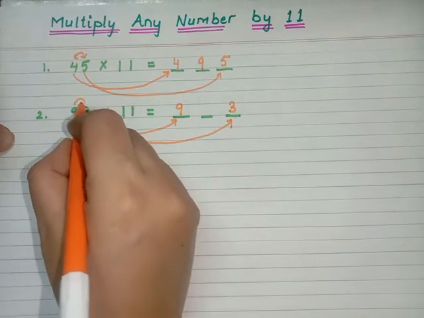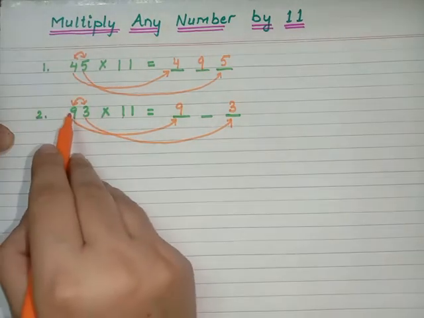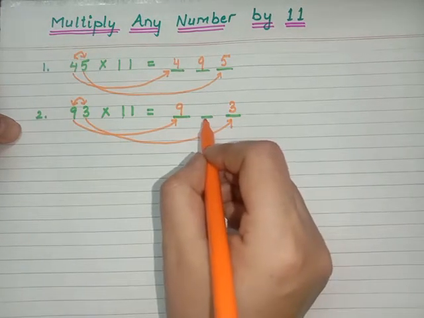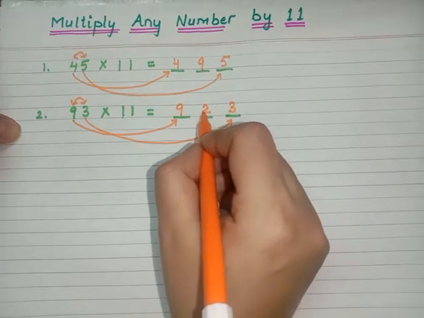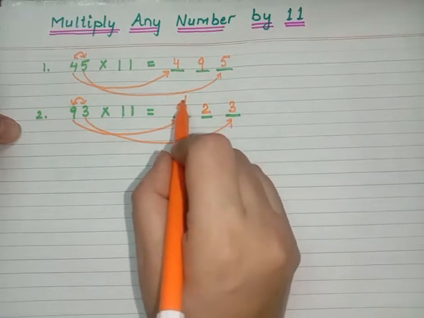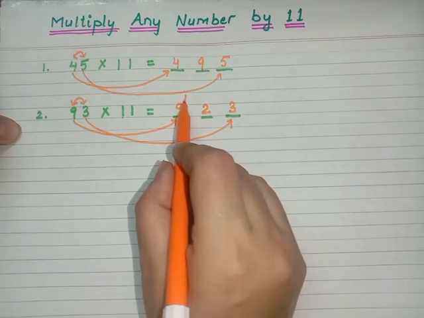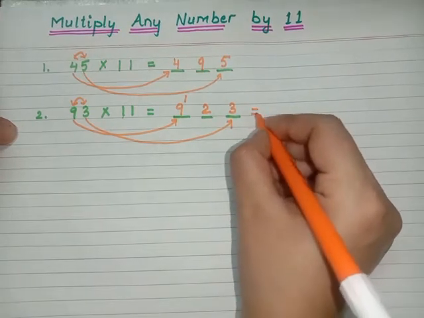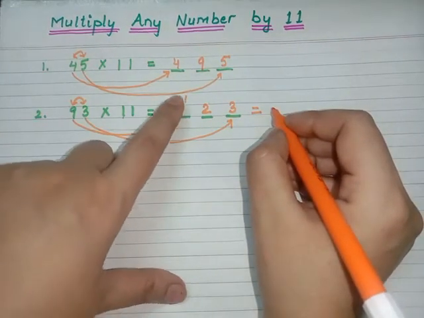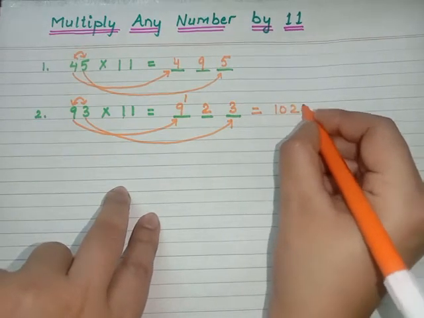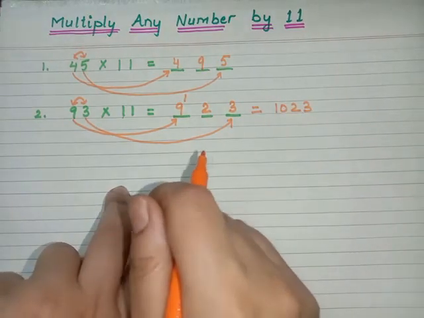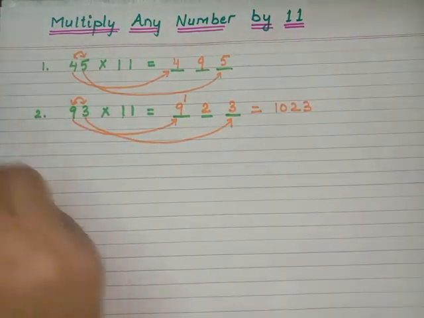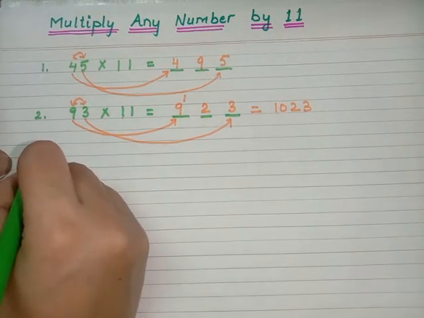Now add both of these digits. 9 plus 3, as you know, is 12, but here you have to write only one digit, that is 2 from the 12, and that means 1 is the carry. Now we have this 1 to be carried forward, so that will be added. So the final result, just add 1 and 9, is 1023. The multiplication of 93 into 11 will be 1023. Let's have some more examples to understand the concept.